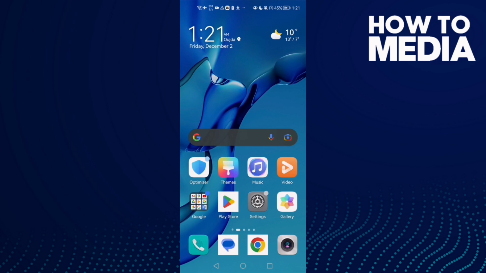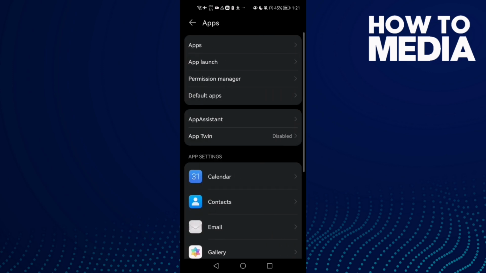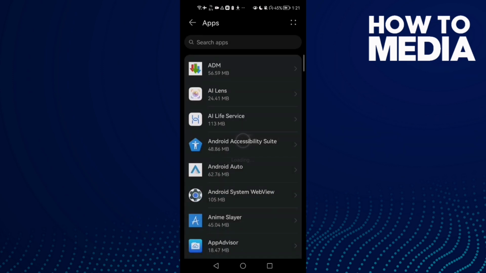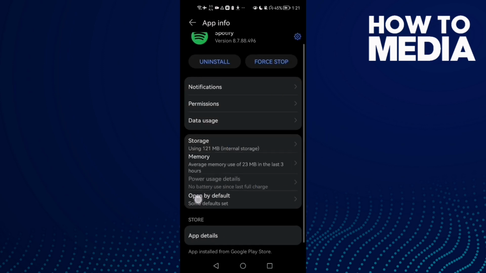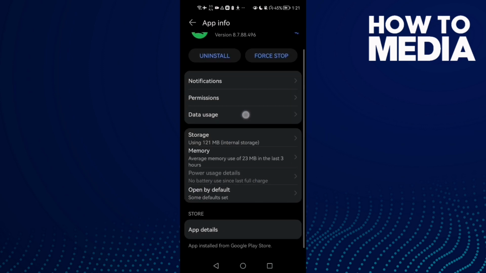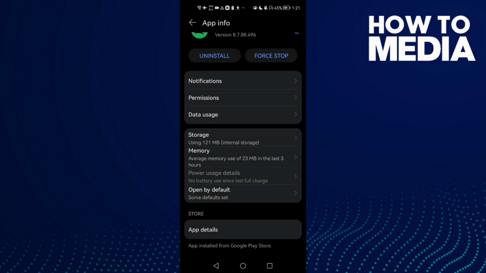First thing you need to do here is to go to apps. This one is for Android phones. Go to apps and then apps again, and here type Spotify. Then go to this one here, data usage, make sure background data is allowed, and then